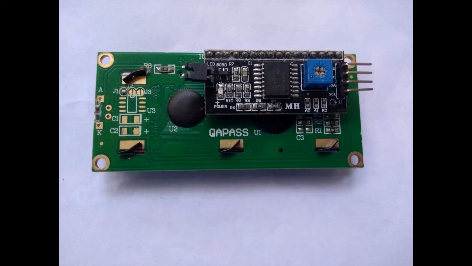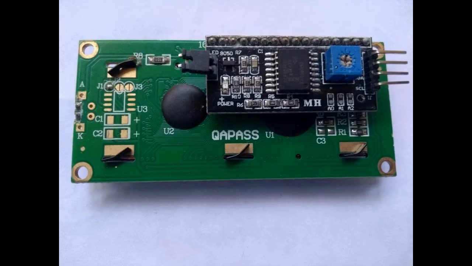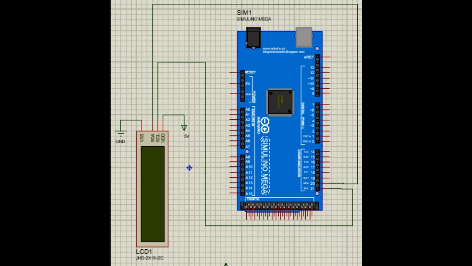Now we are going to discuss the I2C LCD display. Here we can see a port in the I2C display. The I2C panel is connected to the ordinary display. In the I2C panel we can see a ground pin, a VCC pin, SDA and SCL pins, and an analog to digital converter connected to the LCD display. For the LED adjustment, for powering the LED, we are providing a jumper wire. That's all.